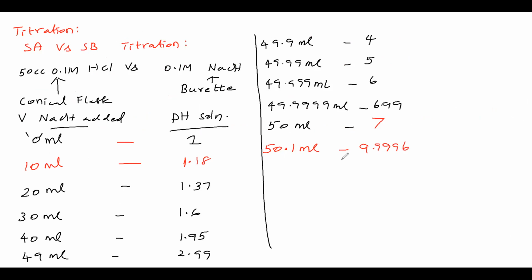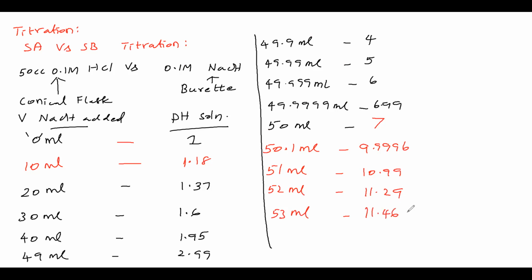Let us add some more sodium hydroxide. So far, we have added 51 ml. Now we will see the corresponding pH. The corresponding pH is this much. We continue the addition of sodium hydroxide. Though the equivalence point is reached, the pH keeps changing as we continue adding sodium hydroxide.